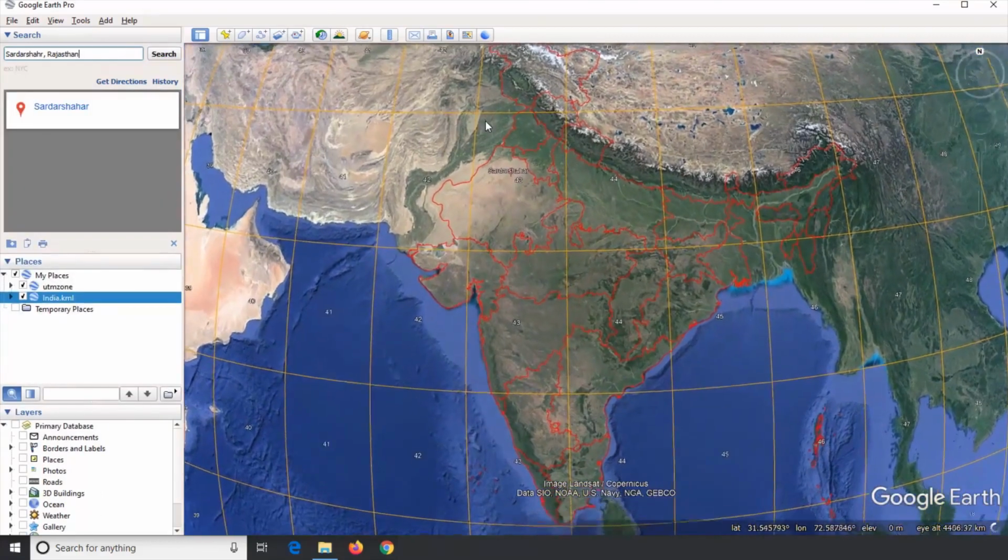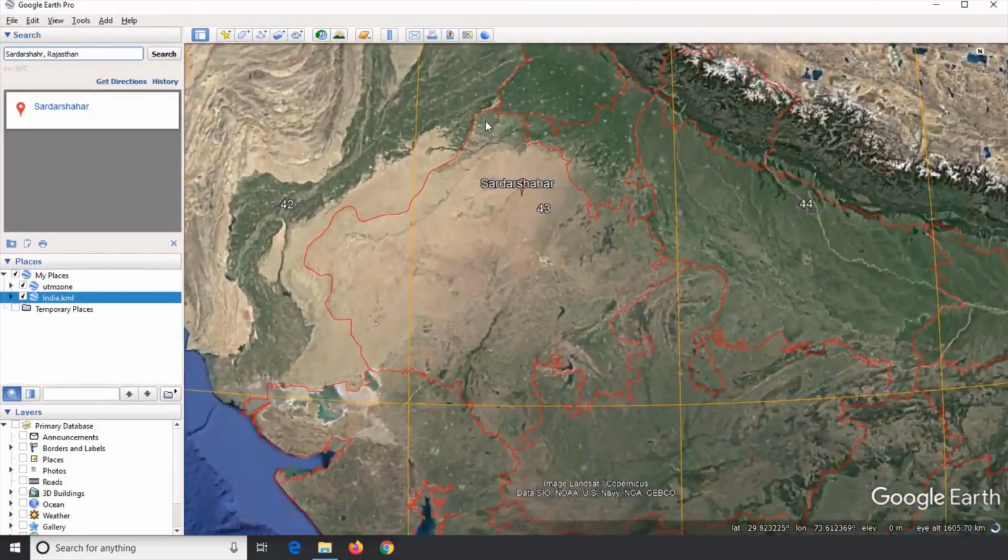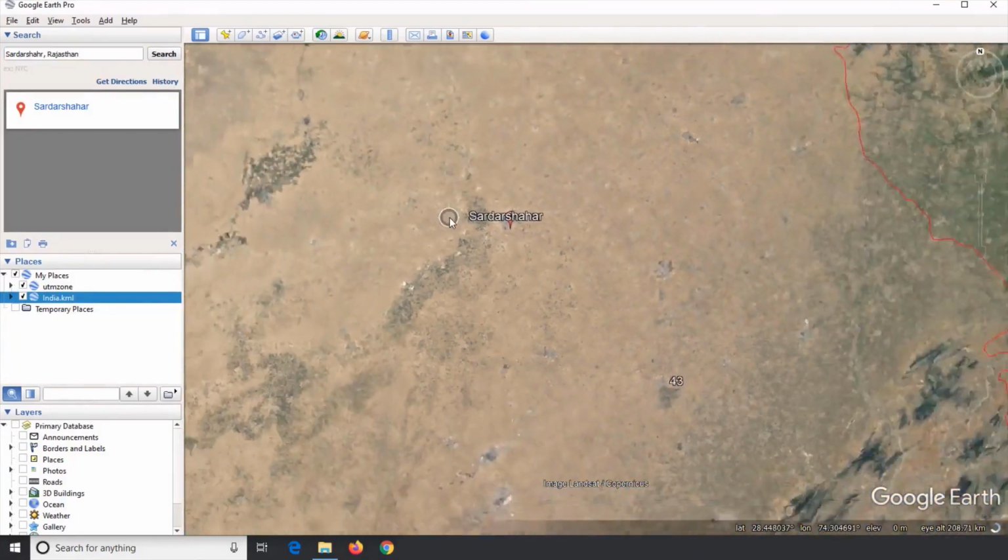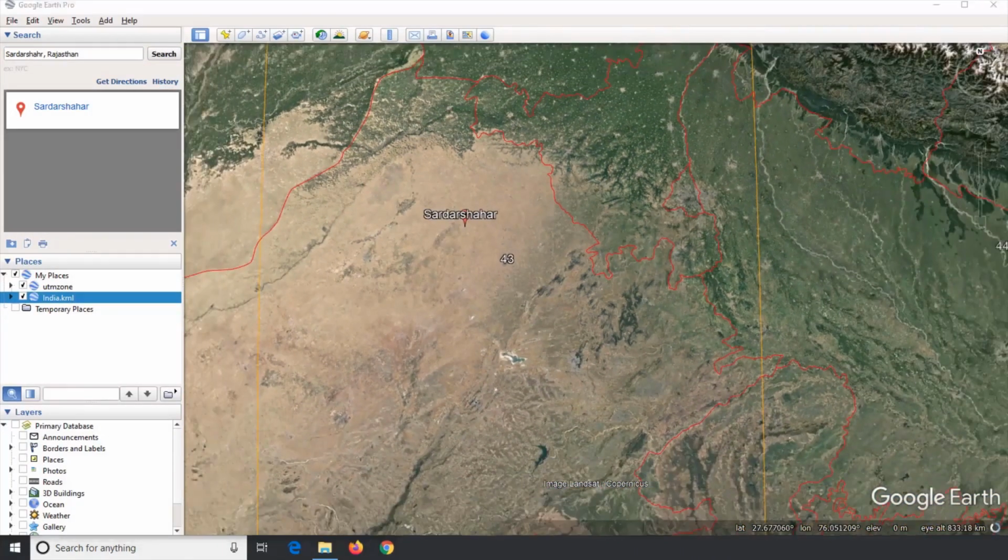It shows the toposheet is falling in zone 43. Hence, we will assign zone 43 northern hemisphere to project our registered topographical sheet.